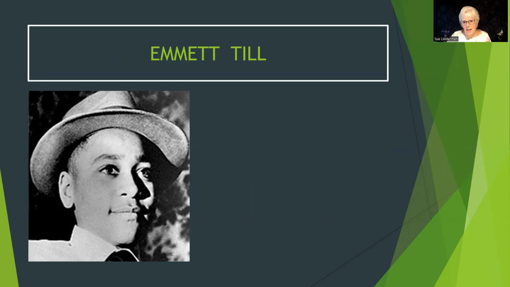And one of his early days, he and his cousins went to the Bryant General Store. And apparently Emmett did or said something that upset the proprietor's wife, Carolyn Bryant. And when her husband came home from a trip, she reported that Emmett had done something unforgivable. And so Roy and his half-brother J.W. Milam went to Emmett's uncle's home at night and demanded that his uncle turn over the boy. Although his uncle tried to resist, he knew it was futile, and so Emmett left with the two men